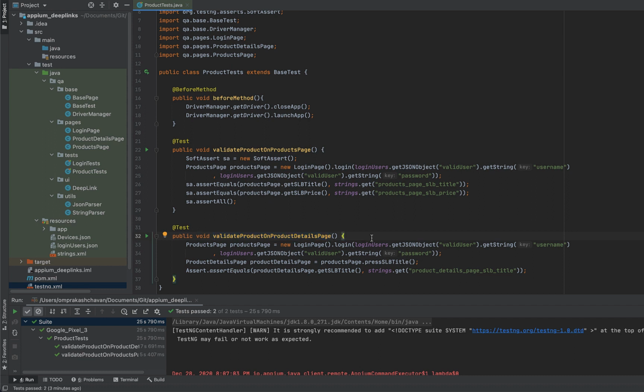So this is exactly where the deep links come in picture. Okay, with the deep links, we don't have to do the login through the UI. And the deep links can also be implemented in such a way that apart from login, it will directly show you the specific screen of the application. So we will have a look at the deep links in the next lecture.